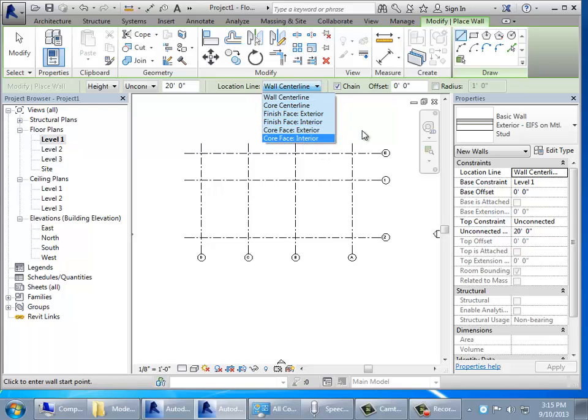If you have two architectural modelers, you want to get together and decide some of the procedures you're going to follow. One of the best ways is to write it and share it in Google Docs. That's your documentation. And if you get confused, like, I can't remember, were we using the core or the center or the finish line, you just go to